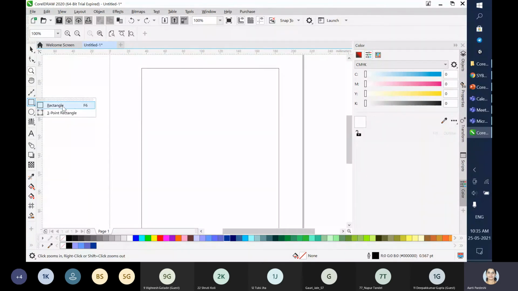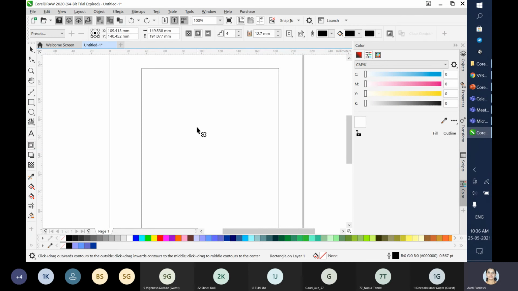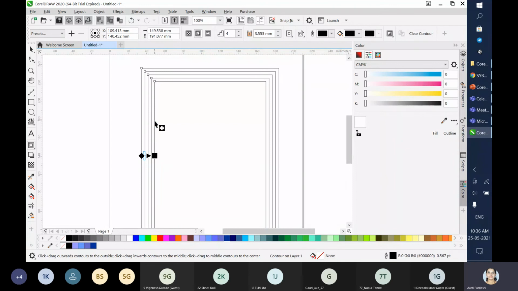So take a rectangle, draw that rectangle, and here under the blend you will be able to find contour. Click on contour and click it over here. Did I pick it up or not? I will see here.